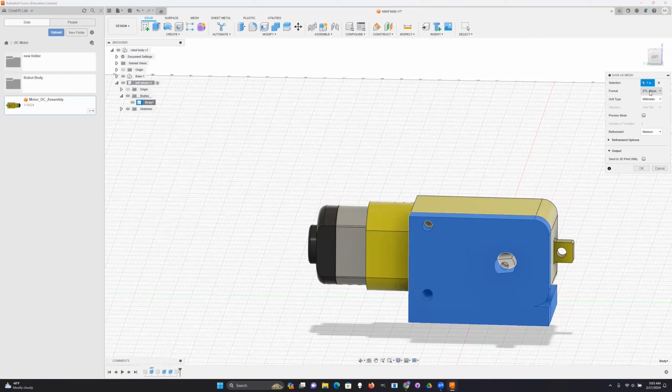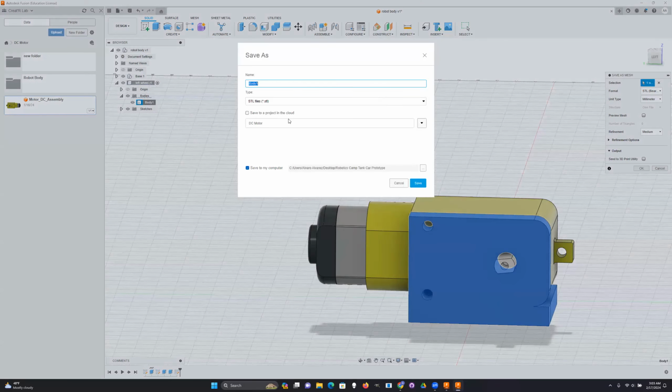You want an STL like I mentioned, and it gives you OBJ, STL too. You want binary. I don't think it would matter between these two. I just keep it as binary. Millimeters, and for refinement, I leave everything pretty much as is. You can change this if you want more detail. But once you hit OK,